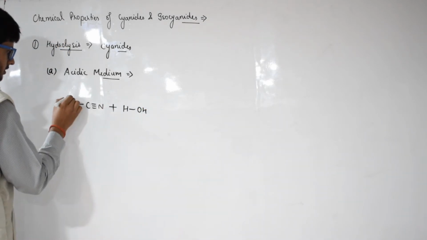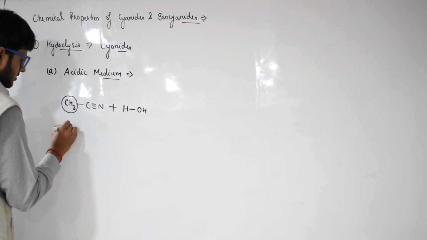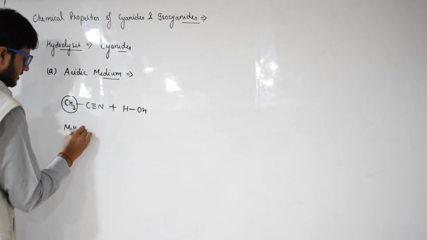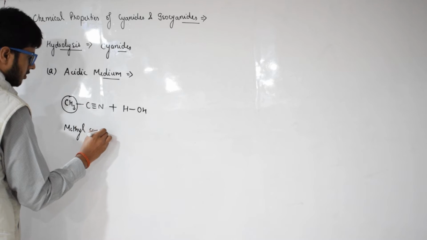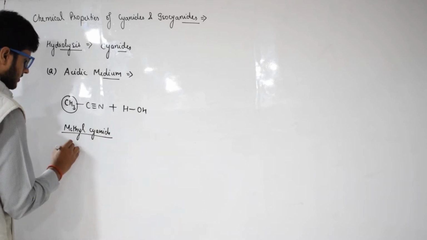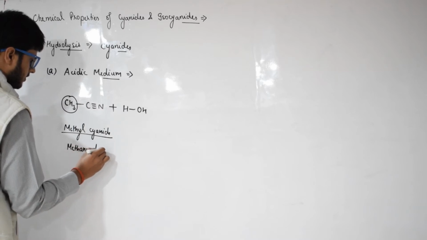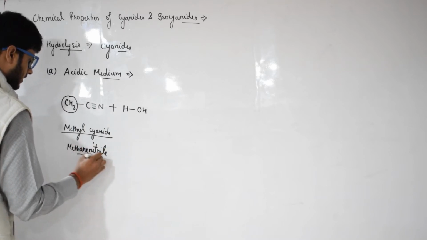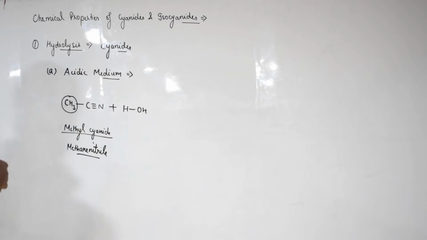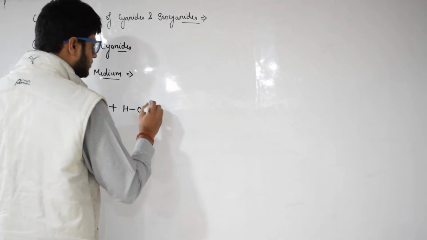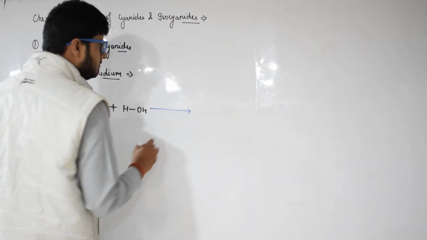Since a methyl group is attached, it is called methyl cyanide. This is the common name, or the IUPAC name would be methane nitrile, and this is water. When it is treated, it forms